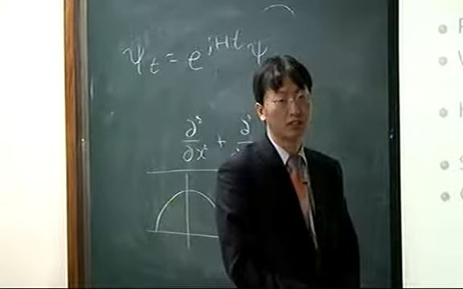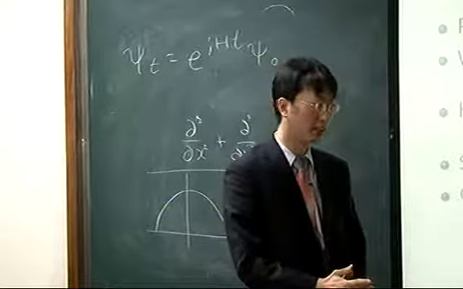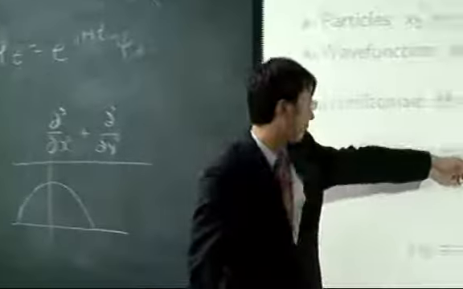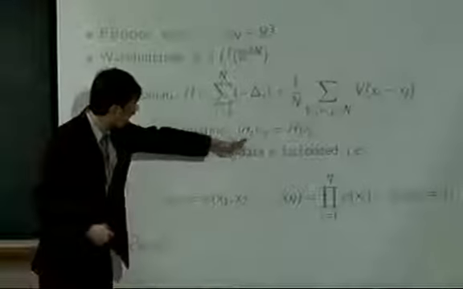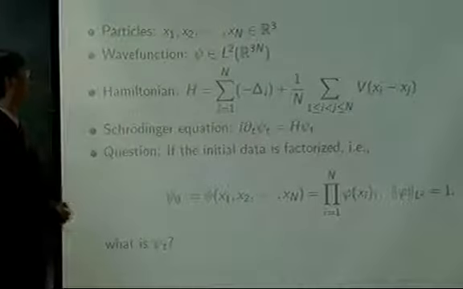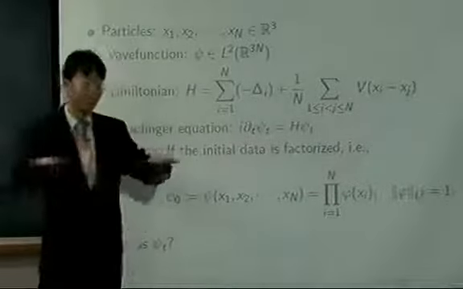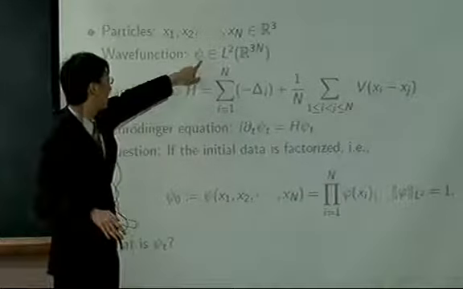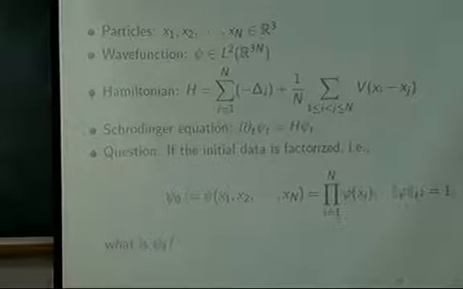T is a time variable, but you can think of it as a parameter. When I wrote this Schrödinger equation, with partial t times psi t, you can think of it as a variable because I used the notation of the derivative with respect to time. But when you want to define the wave function, you usually define it in the space R^{3n}, so that's why I omit this t here. If you put t here, it's kind of ambiguous. This is a parameter function, so you can think of a family of functions that changes through time.